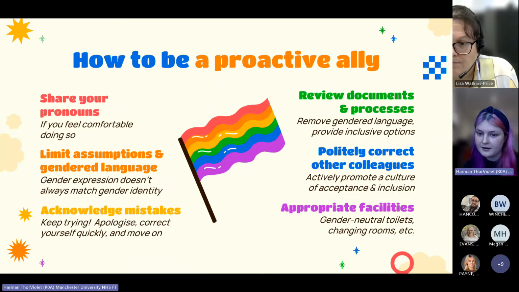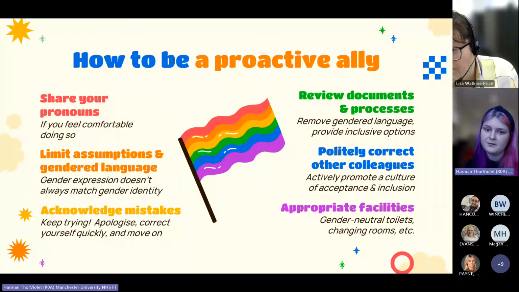Next, politely correcting other colleagues. So linking back to earlier, politely correcting other people's mistakes, but also actively commenting on what isn't a mistake and is kind of unacceptable language. It takes the burden off the individual and it helps them feel supported. If I had had even one person in some of those scenarios that I mentioned earlier where people have made comments, if even one person had said something or even taken me to the side later and said, I don't think that was right, that would have made the world of difference.